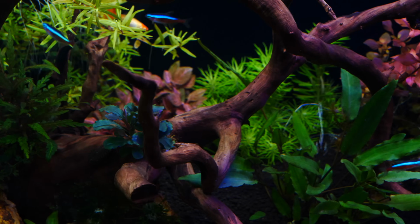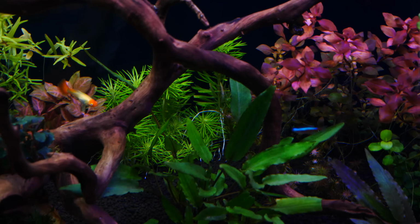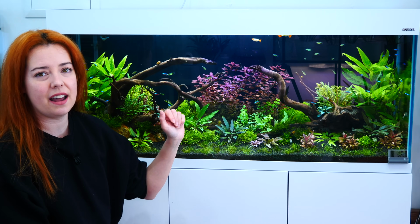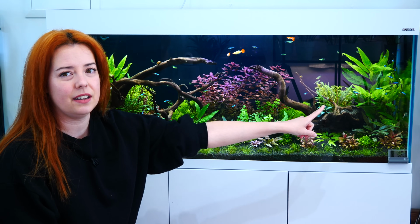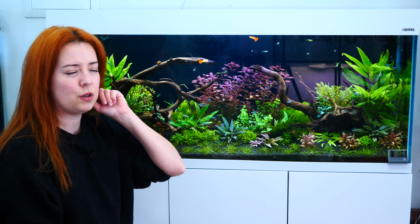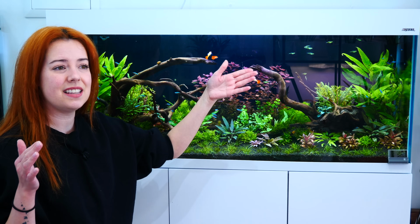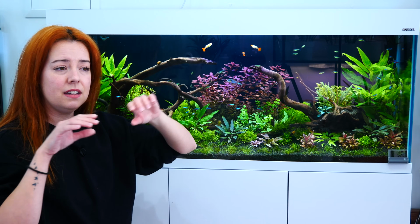All right, so the plants. I would have liked to have a little bit more plants, but I think it's decently planted for the budget that I had. I tried to go for plants that I've had in the past. I know they will fill the corners, like those ones in the corners. Hygrophila? Yeah, I think it's a Hygrophila corymbosa,